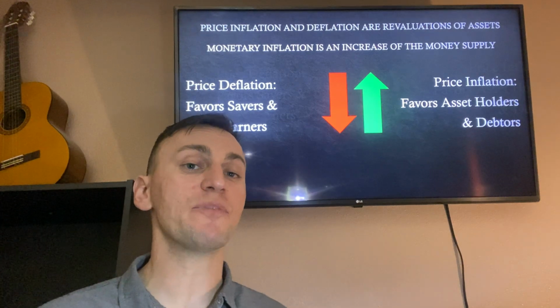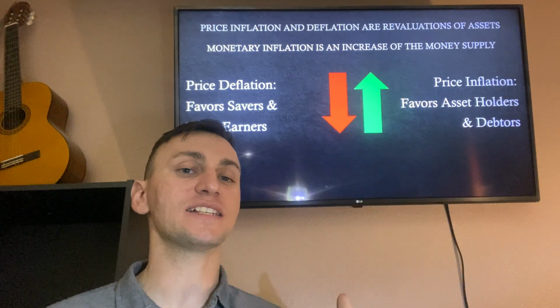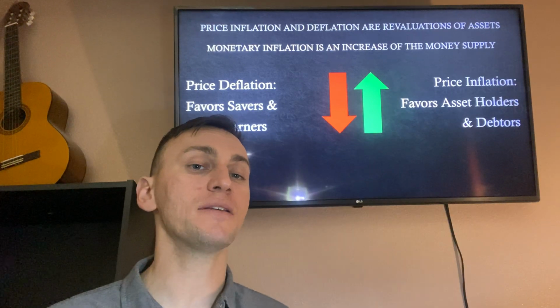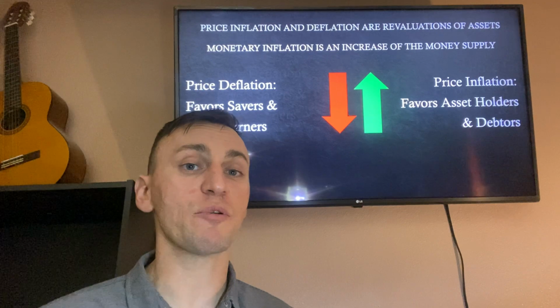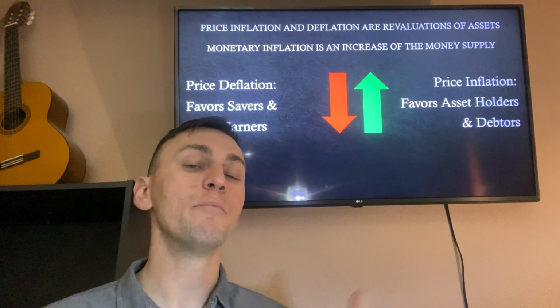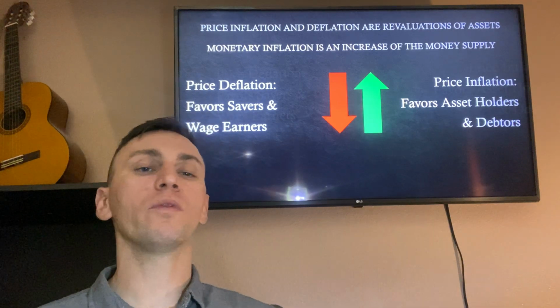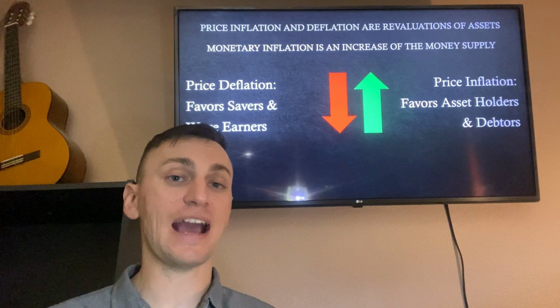Price inflation is the same thing, but inverse. Asset prices go up and the value of other assets doesn't go up by comparison, such as labor. Labor may not keep up with inflation and therefore you're falling behind on your income, but the valuation of assets continues to appreciate. So let's look at some of the core incentives behind how these usually function.